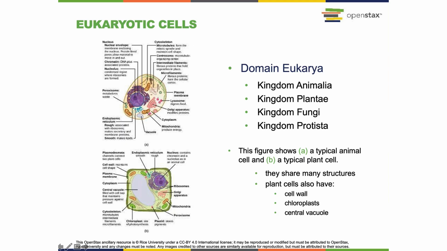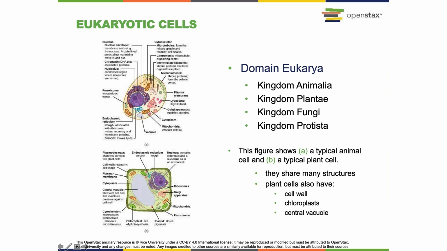The figures that you see are pretty typical to what you would find in an introductory biology textbook, where they're showing an animal cell up top and a plant cell down below. And there's a lot of things that they share. I mean, if you're looking through the lists, you see that there are a lot of structures that are common to all eukaryotic cells. But there are some specialized structures the plant cell has that the animal cell doesn't have,